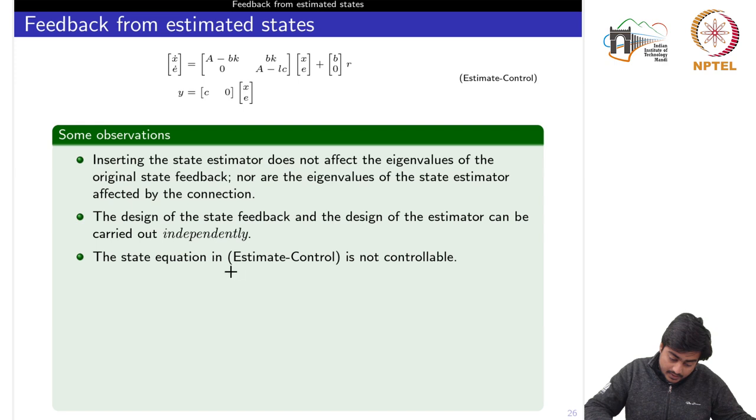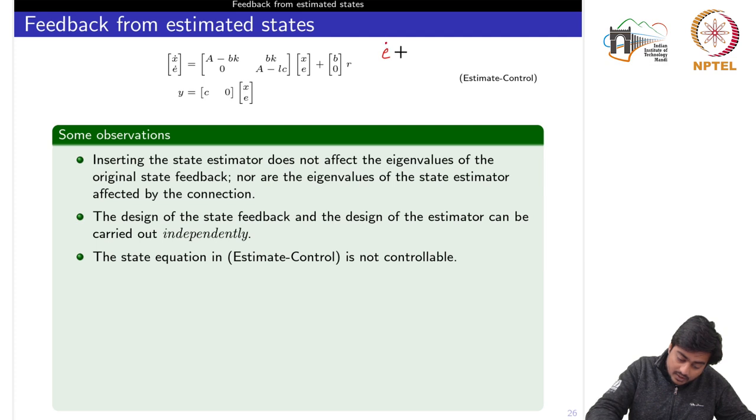Third, which is most interesting, if you see the state equation of this overall closed loop dynamics, it is not controllable. Pay attention to this state equation. Once we have used the transformation, we have ended up with the decomposed form, where if we write the dynamics of the second state, which is e, this becomes e dot is equal to A minus LC e,